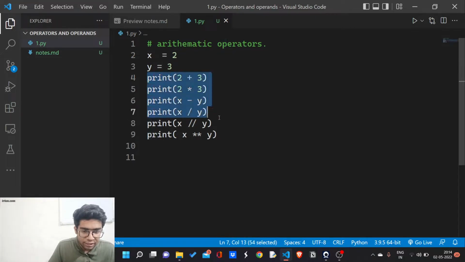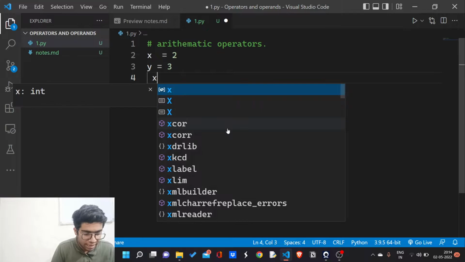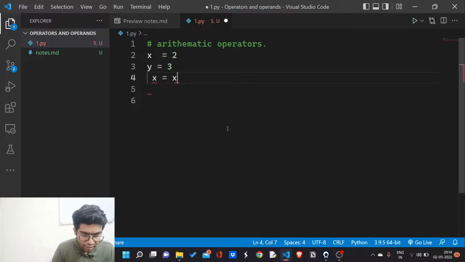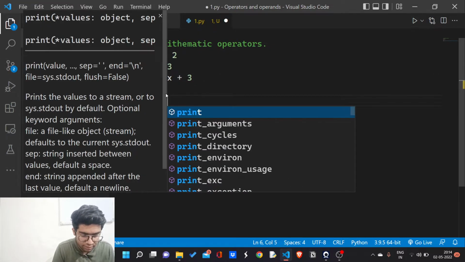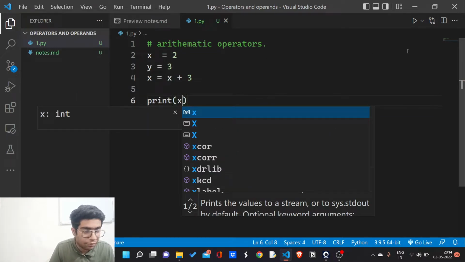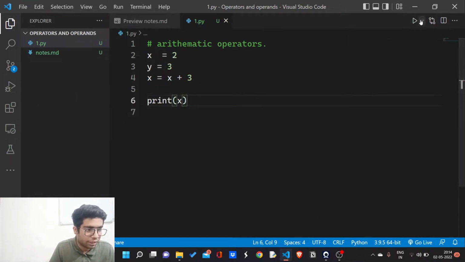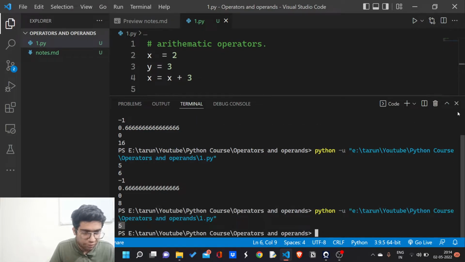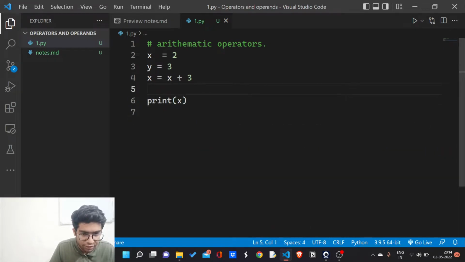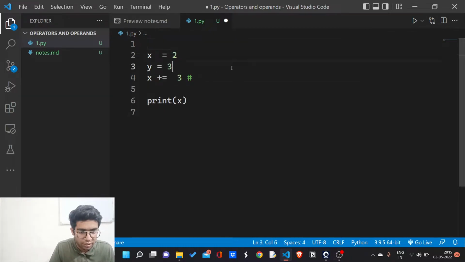Here is the catch. I can do different kinds of things, like x equals to x plus 2, x plus 3. If I print the value of x, now it will be 13. No, it will be 5. And this is the same as if I do x plus. Now I add a comment here. I have mentioned all things in the notes. You don't need anything from the code.